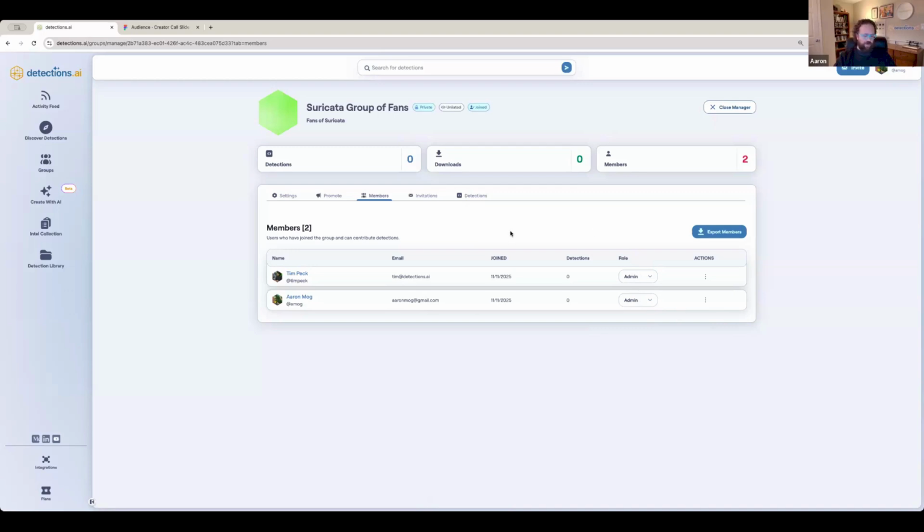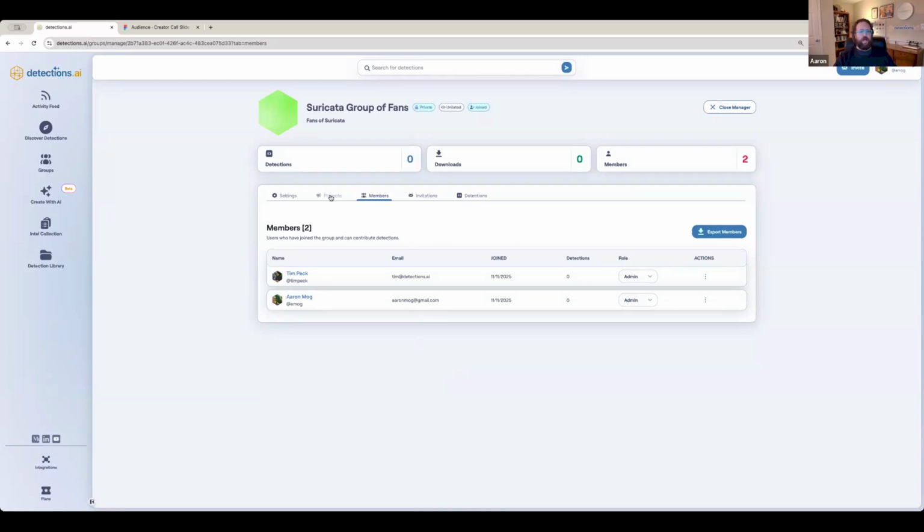One of the really cool things here is if you have a lot of membership, let's say you're a brand and you have 100 people that have joined your group. There is an export right here. It dumps out a really nice CSV of their user profiles. So you could add them to your HubSpot or put them in a mailing list. There's lots of flexibility here. Obviously all these people opted in. It's your audience at that point to do with what you want. So that's the way we view the membership enrollment piece of it.